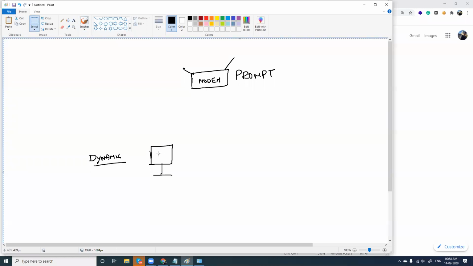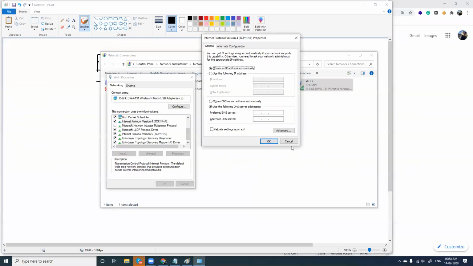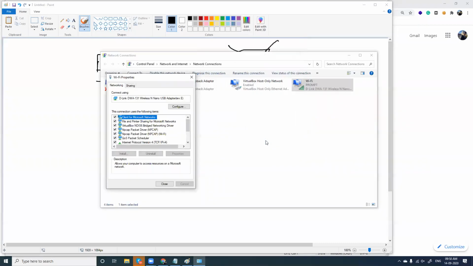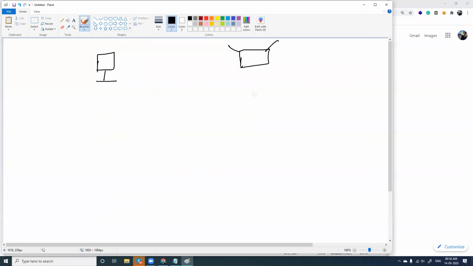So we'll see how this happens. I'll draw it like this so that you'll understand it much better. I have a computer and this is a modem here. Fine. So we'll see what's happening behind this. So when my IP address is set to dynamic, I've gone for this option dynamic. I've clicked OK and I've closed this. Now, when I restart my computer,